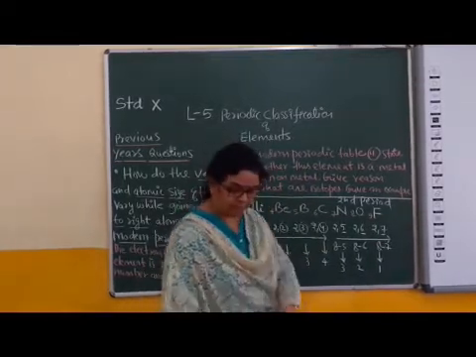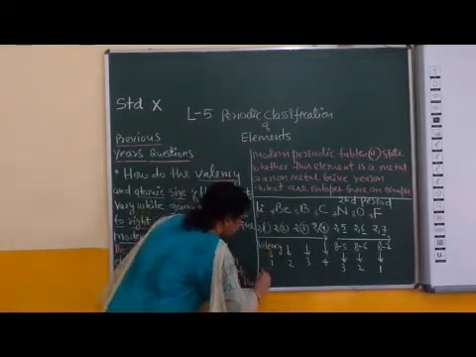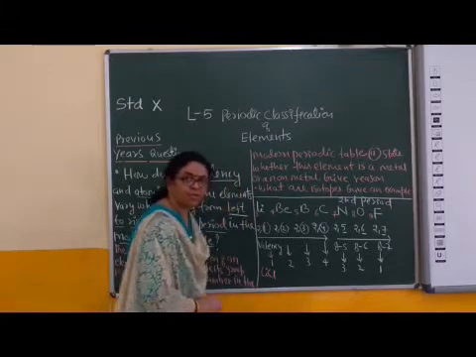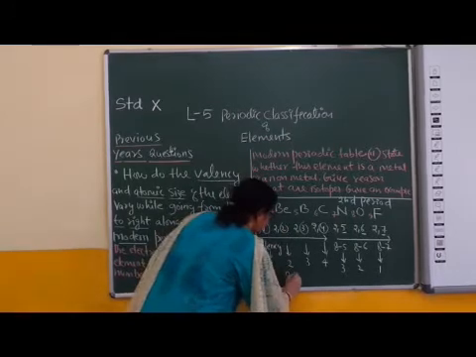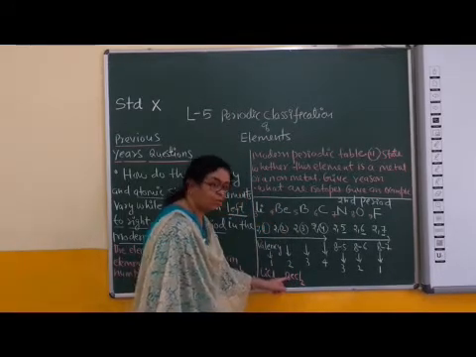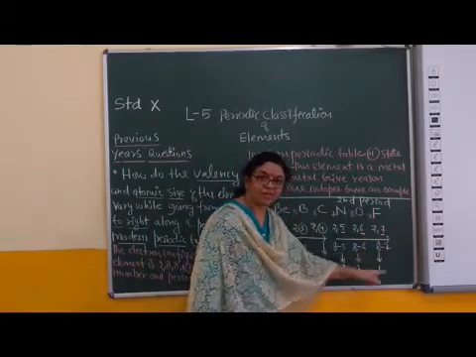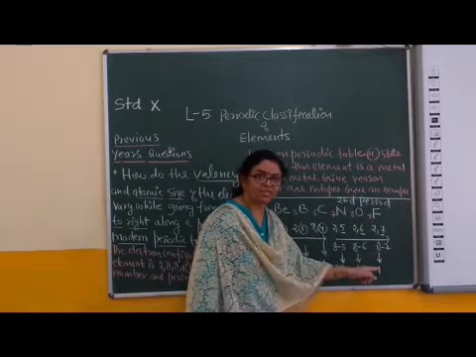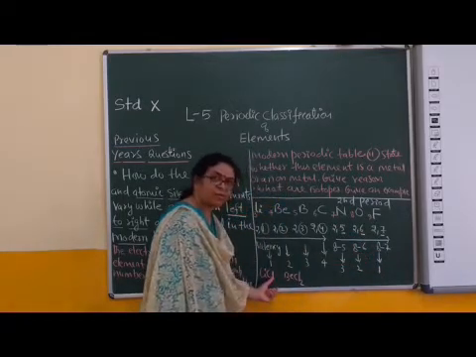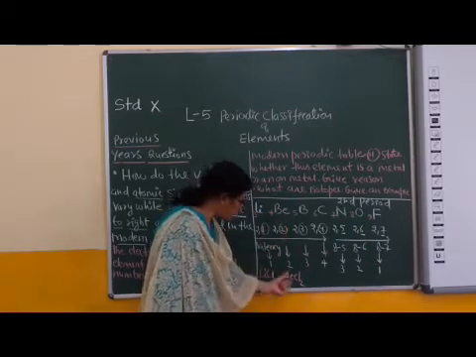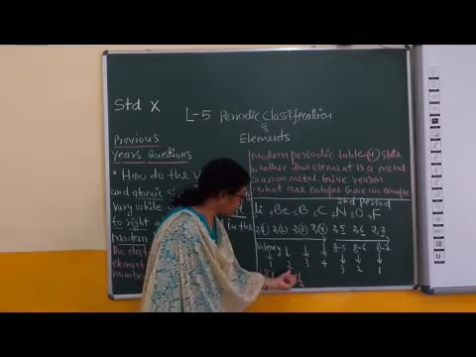For example, take different compounds of different elements. Lithium chloride: you can verify whether this answer is correct or not. Lithium chloride, valency 1. BeCl2. The valency of Cl is 1. Cl is placed in the group after fluorine, and the valency of each element in a particular group is the same. The valency of chlorine is 1. The formula of chloride of beryllium is BeCl2. The combining capacity of beryllium is 2.